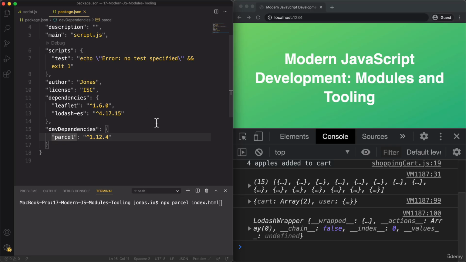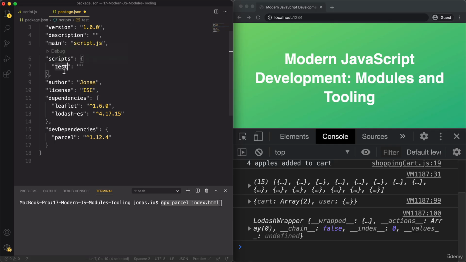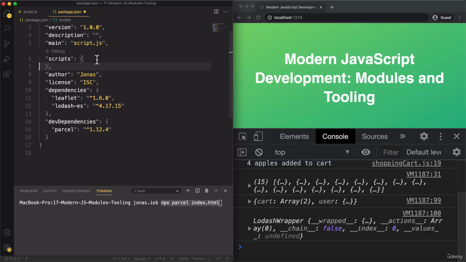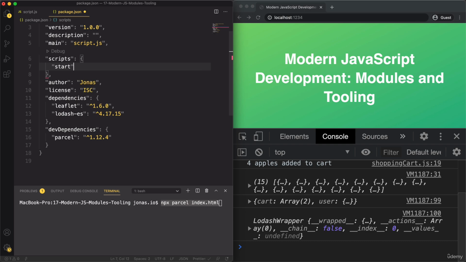And so therefore we then don't have to write npx parcel and all of that every time that we want to use it. So we can simply create a script here. Let me delete this one here. Let me just delete all of it and create a new one. So we need double quotes and then the name of the script. And the default is start here. And then here comes the script itself. And so the script is going to be simply parcel